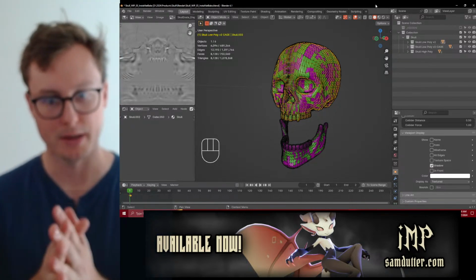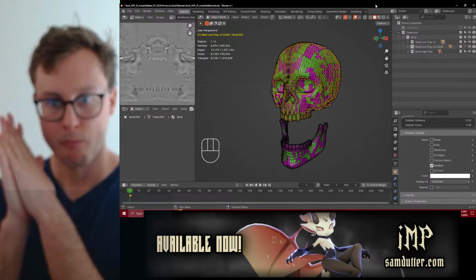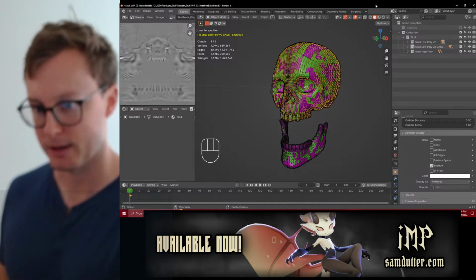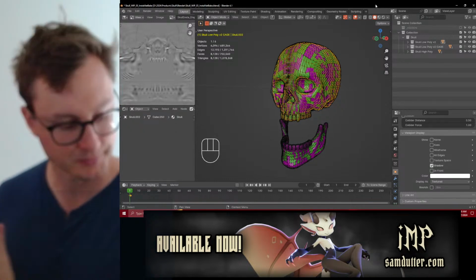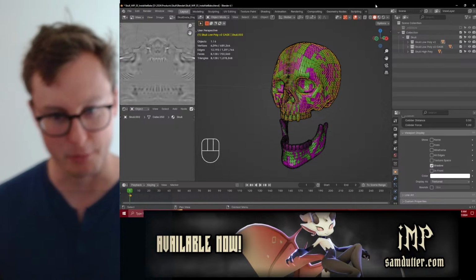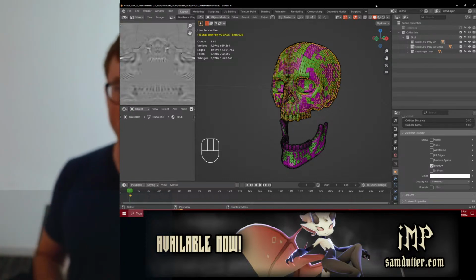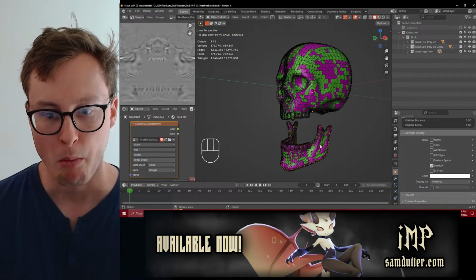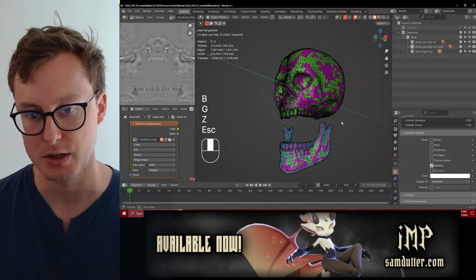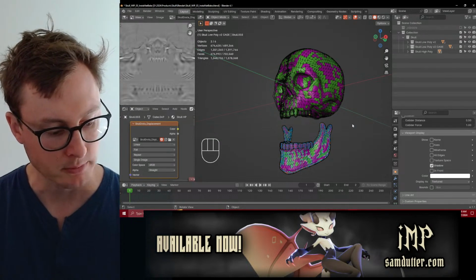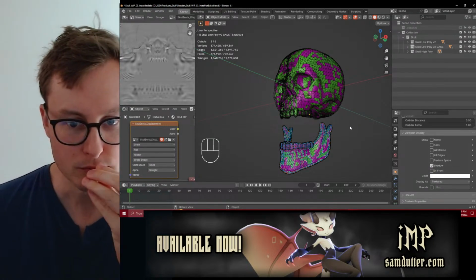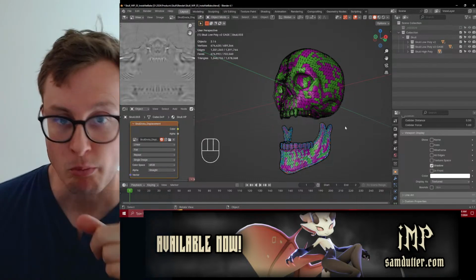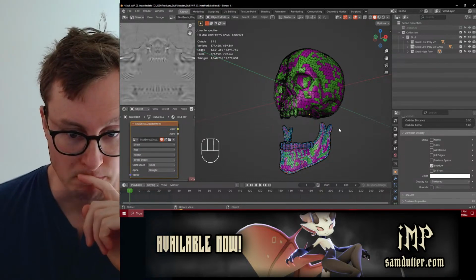Again, what's kind of annoying me about this is that in order to bake, I have to combine everything. That just seems so stupid. I really don't like that. I want to be able to have things be separate. Otherwise, editing them is going to be a huge pain in the butt. But I could use geometry nodes.